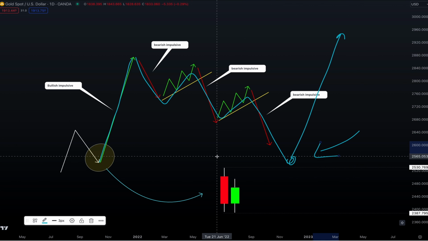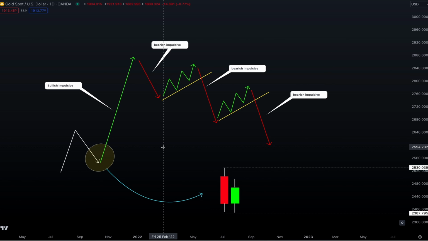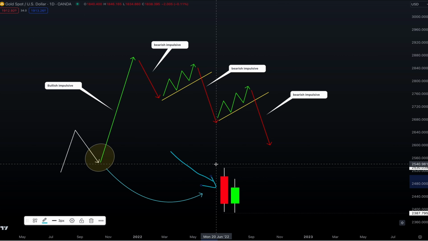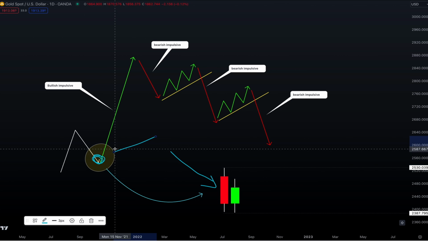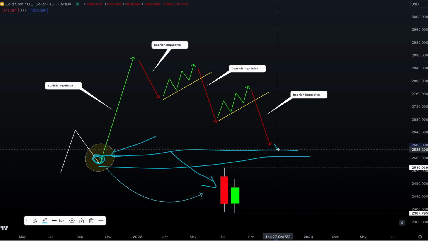That's when you should find this kind of pattern in the beginning of this impulse here. So from here, what you have to identify is the last bearish candlestick, the last one around this area. You have to identify it around this area. That's where you are going to enter the market using it on this side here, so that you can catch